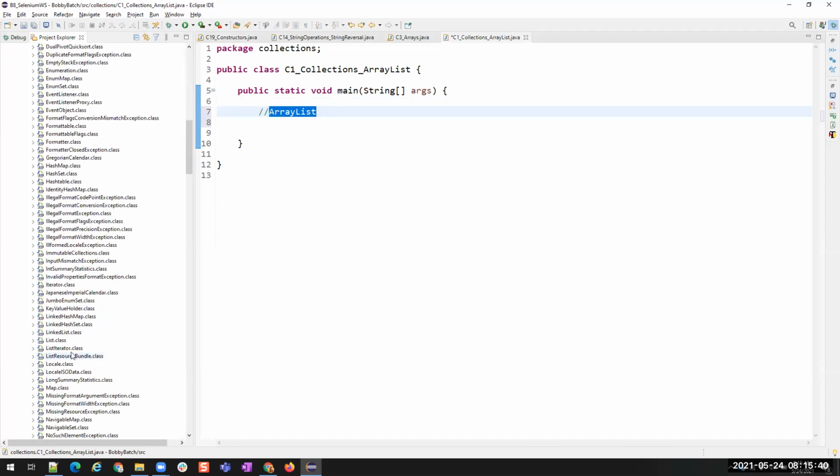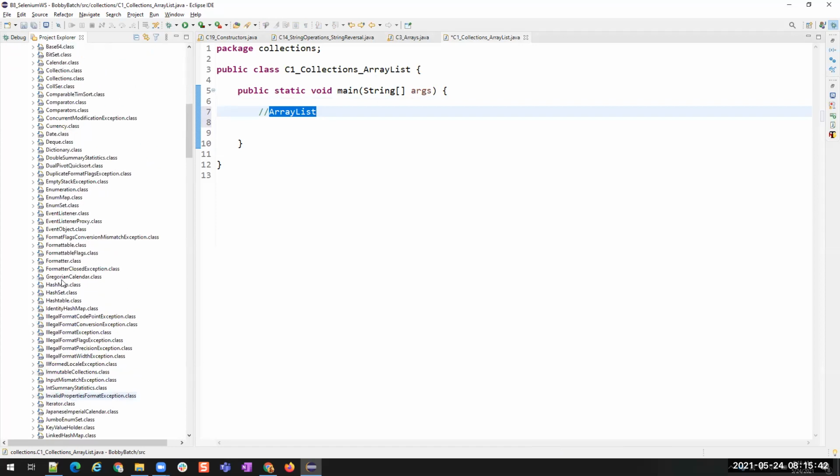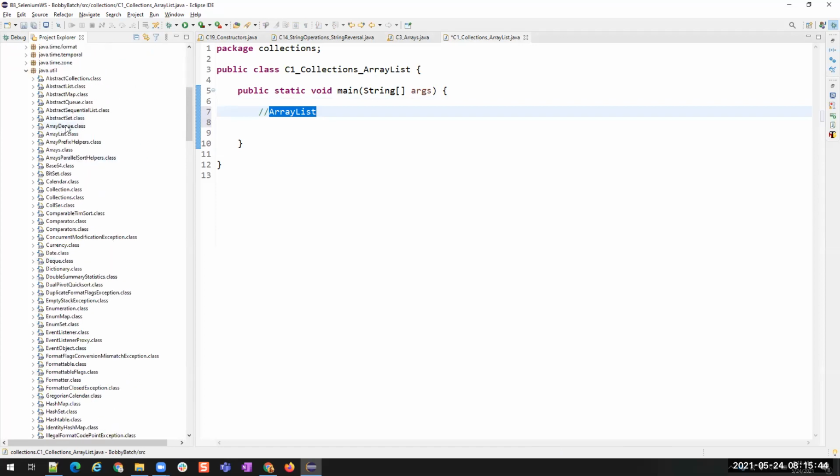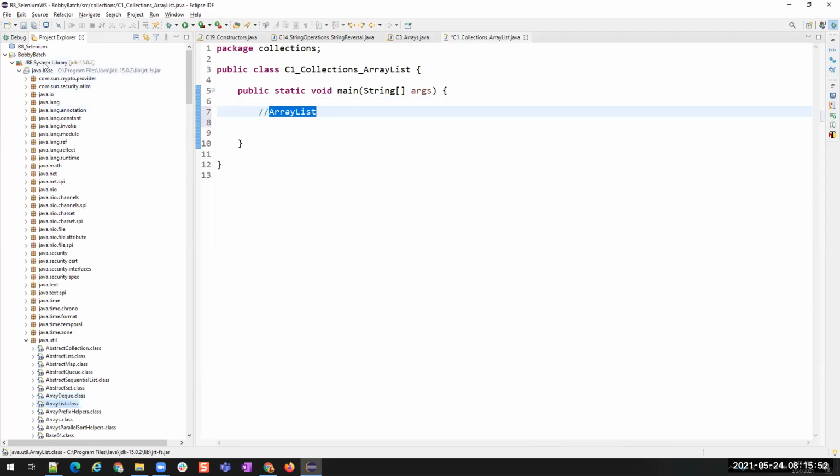Here you have to find the ArrayList class. This ArrayList class is from the java.util package, which is inside your Java binary directly. You see, JRE System Library version 15.